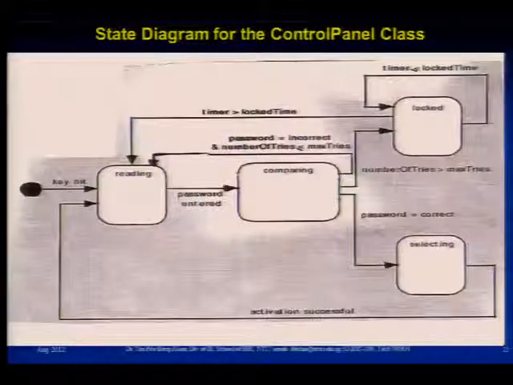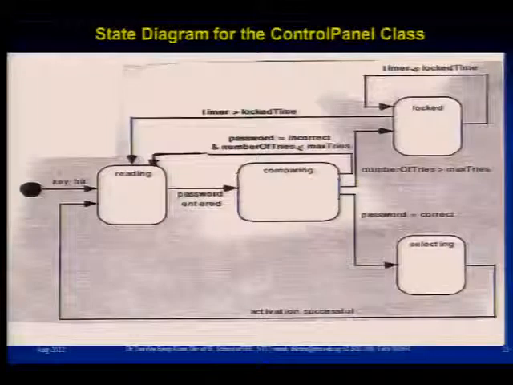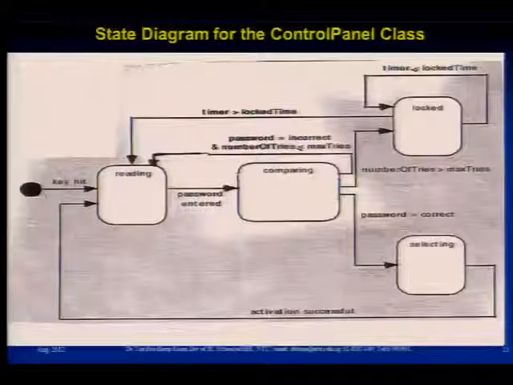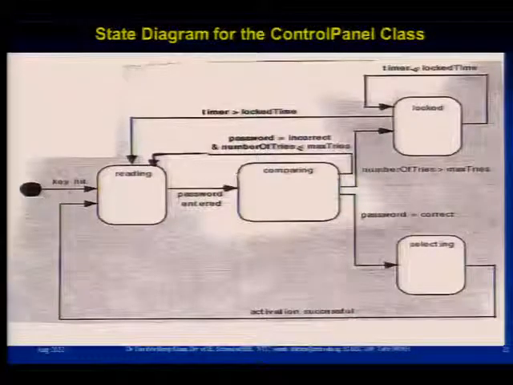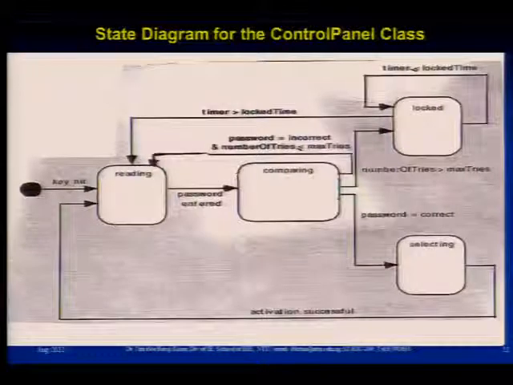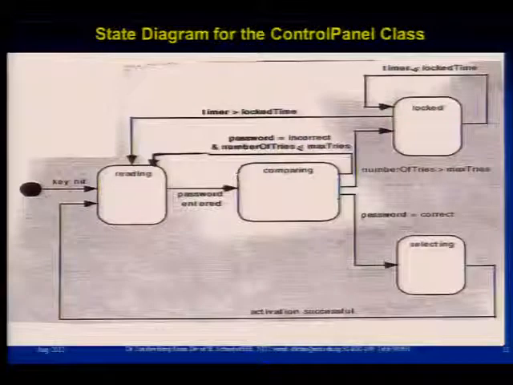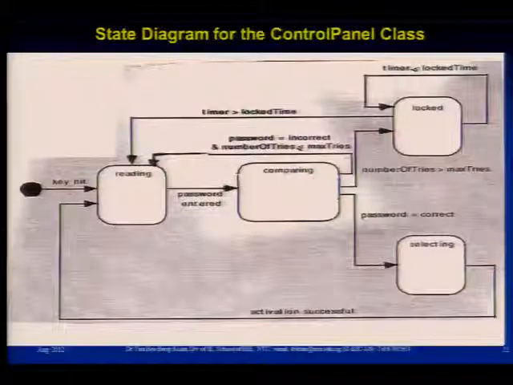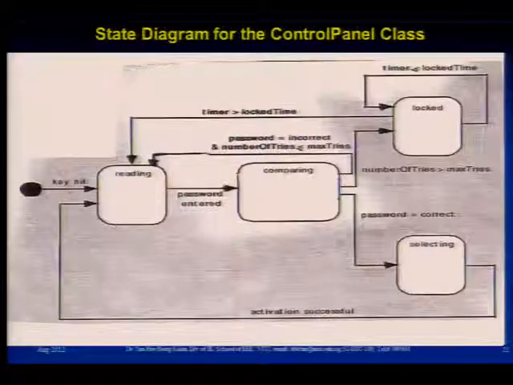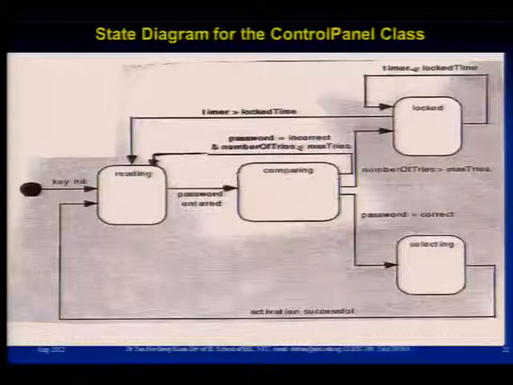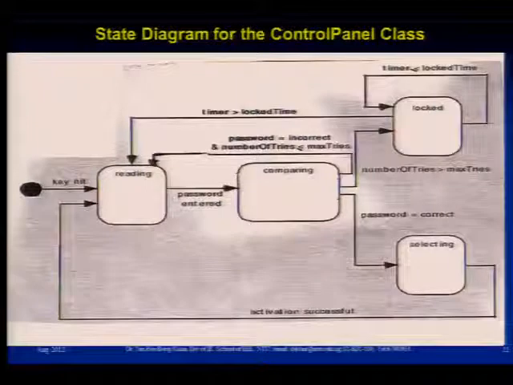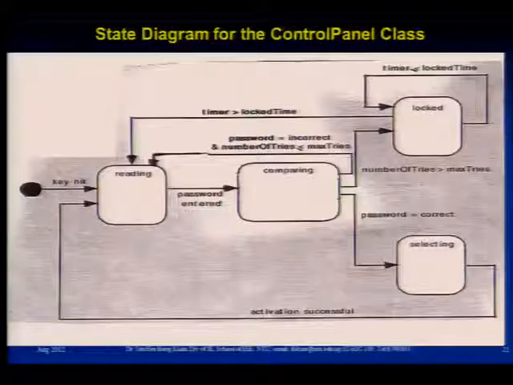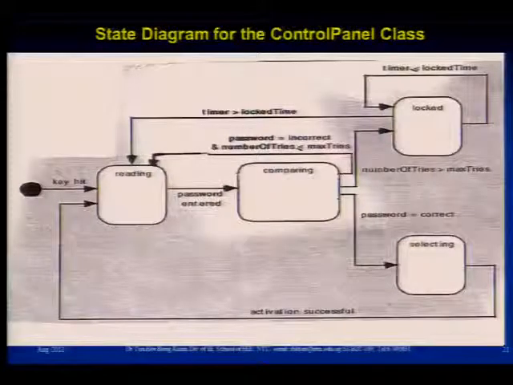Based on the requirement and the information specified, I define this state diagram to specify the control panel object. Earlier I told you that this symbol indicates the starting state. So with the event of any key hit, the control panel proceeds to reading and starts to read. When the password is entered, that means when the user hits the enter key, the control panel starts comparing the password to check whether it is correct. If the password is correct,